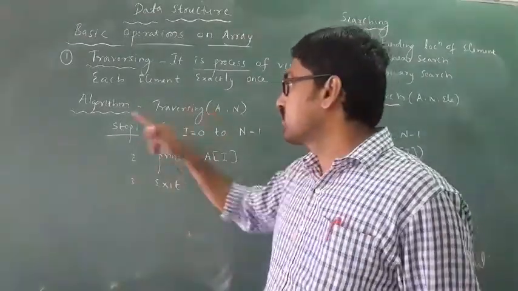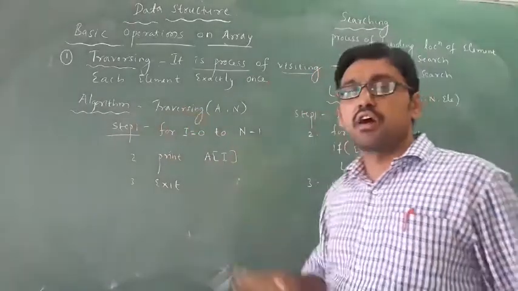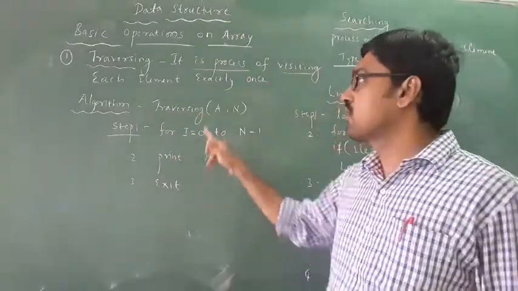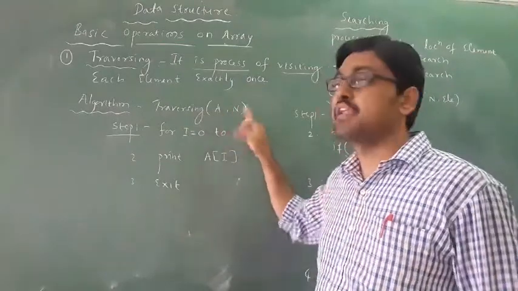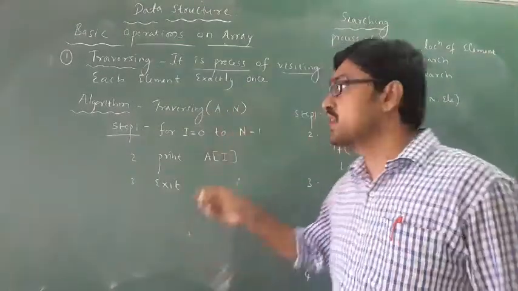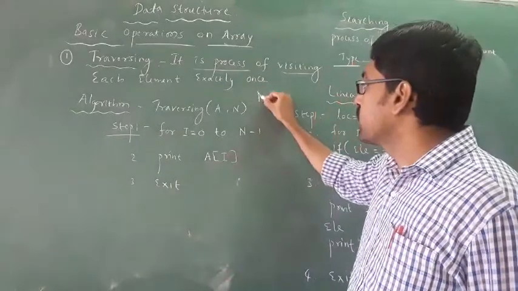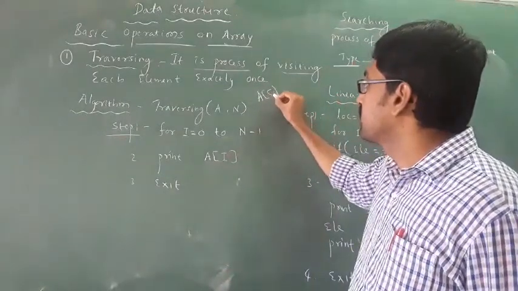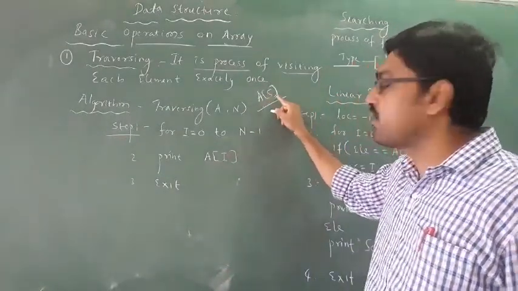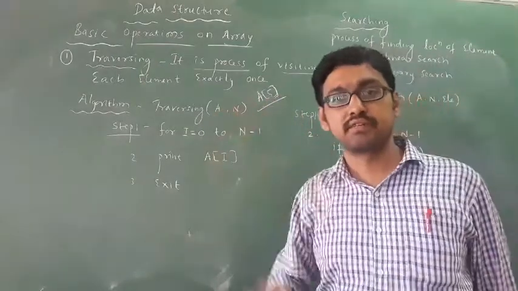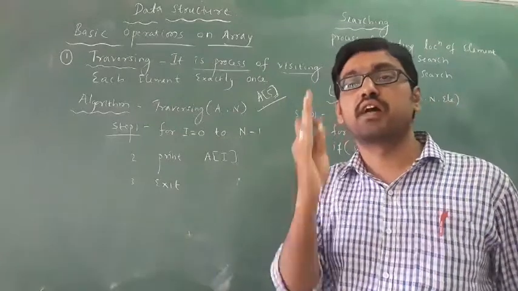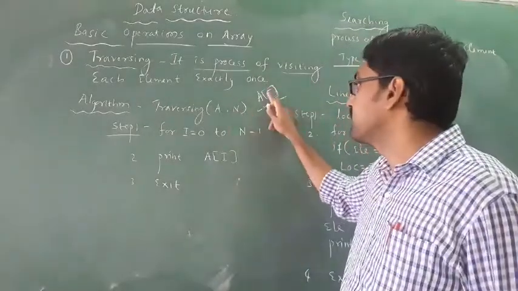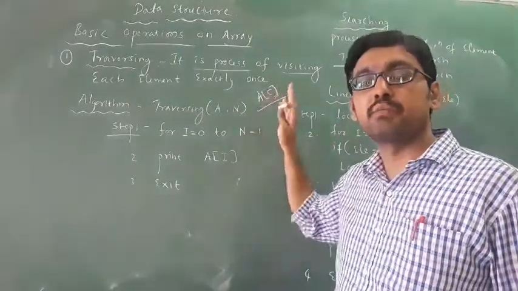See the first step, it is a very small algorithm. If you want to write an algorithm, you must have one array of n elements. Just you have to take one array. How do they write an array? a of 5, a of 6, you can write anything. You want one array of n elements, meaning you can take many number of elements.